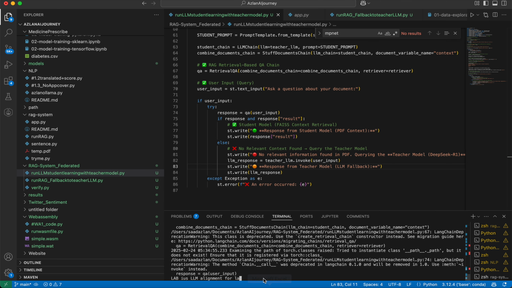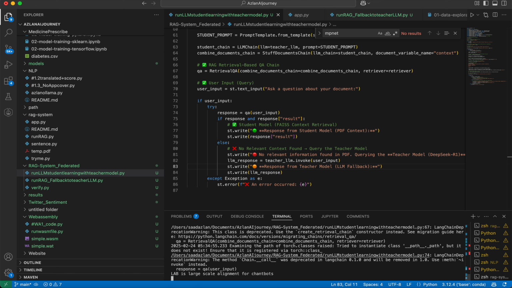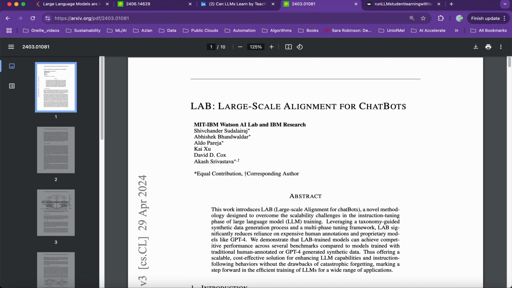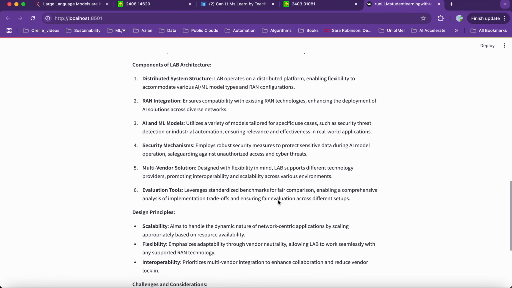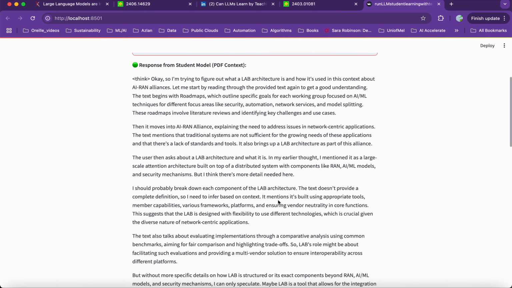Large-Scale Alignment for Chatbots is... Yep, it will now proceed, and if you can see over here,